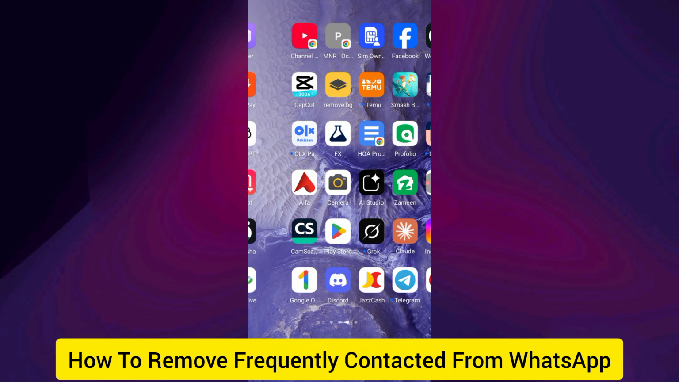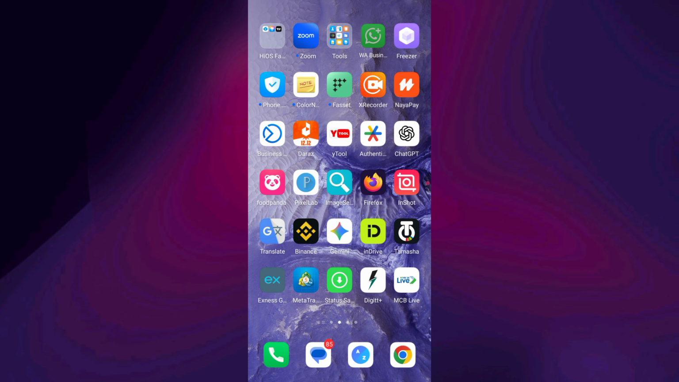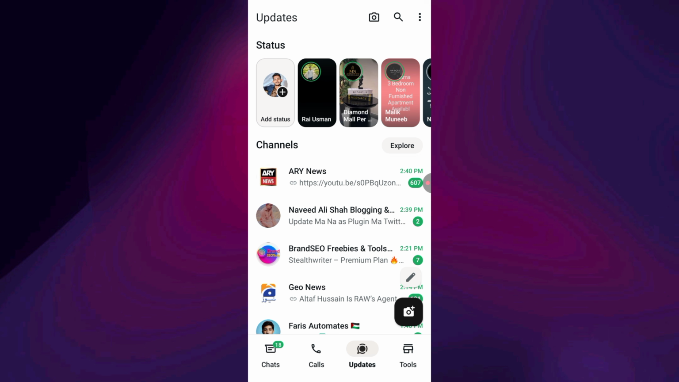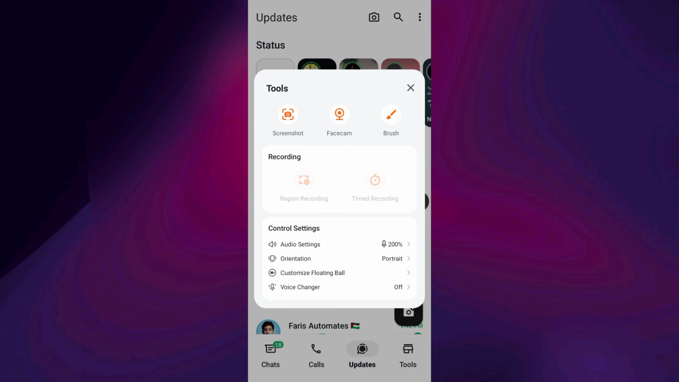How to remove frequently contacted from WhatsApp 2026 tutorial. Have you ever tried to share a photo or forward a message only for WhatsApp to suggest people you haven't talked to in months, or maybe someone you'd rather not see at the top of your list? That frequently contacted section can be a major privacy headache, especially if you're sharing your screen or showing a friend a photo. Today, I'm going to show you the official, safe ways to clear those suggestions and reclaim your privacy